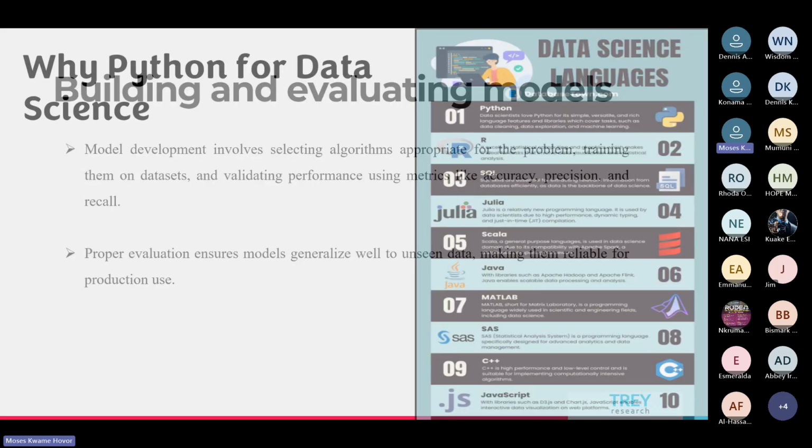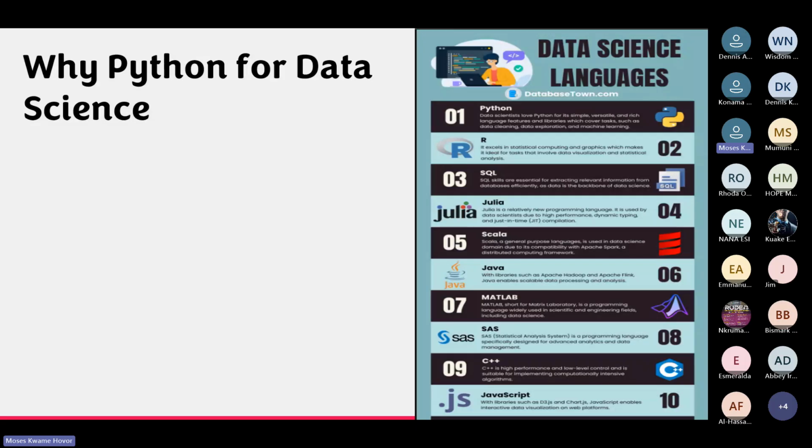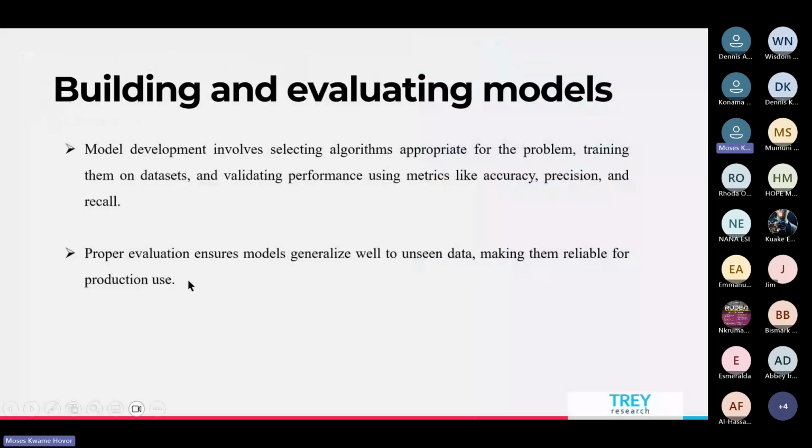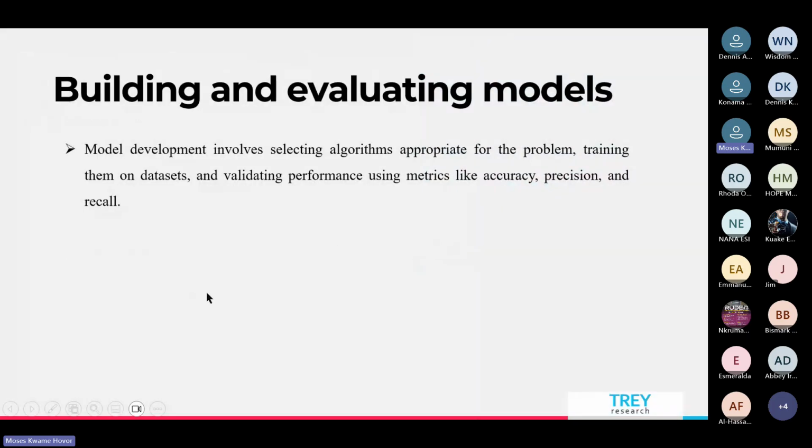Now, let's talk about Python for data science. At this point, is there any question or any suggestion that you have for me? If you can hear me, please, I'd like to see some reactions from you to know that I can be heard and I'm being followed. Okay, Esmeralda, okay. She's the only one following me?